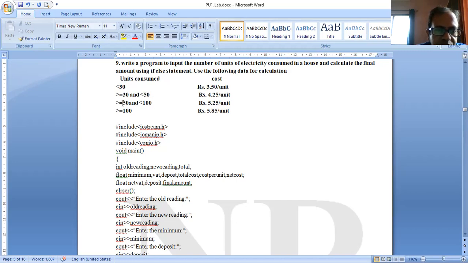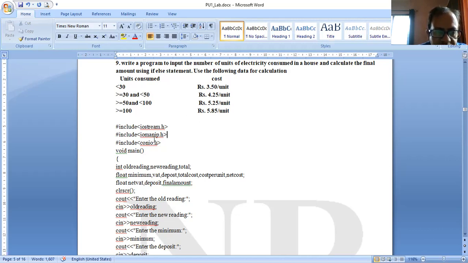If the units are more than 50 and less than 100, within the range of 50 to 100, then we have to charge rupees 5.25 per unit. And if the units are more than 100, then we have to charge rupees 5.85 per unit. These are the given constraints or conditions to find the total amount of the electricity bill.